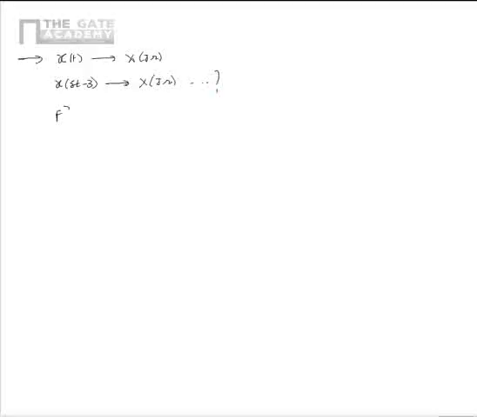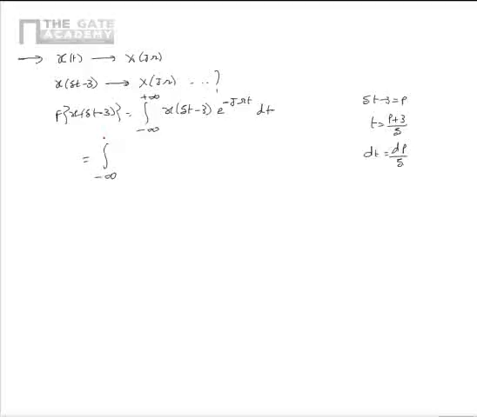We know that the Fourier transform of x of 5t minus 3 is given as integral minus infinity to plus infinity x of 5t minus 3 e power minus j omega t dt. Substitute 5t minus 3 is equal to p. From this, t equal to (p plus 3) by 5 and dt equal to dp by 5. Upon substitution, Fourier transform of x of 5t minus 3 can be written as integral minus infinity to plus infinity x of p e power minus j omega multiplied by (p plus 3) by 5 dp by 5,